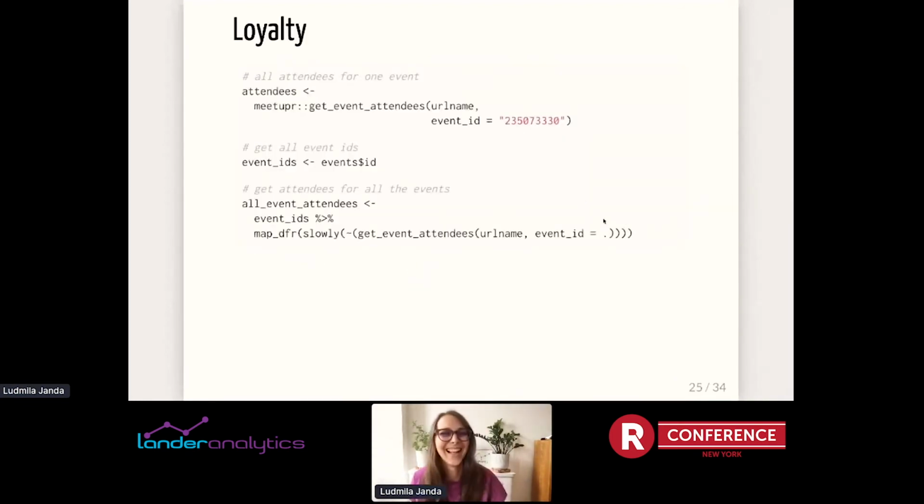Okay. So the next thing I was interested in was loyalty. I wanted to see how much people are coming to our events repeatedly. So I used this meetup function called get event attendees. And once again, it takes that URL name parameter, but it specifically takes a parameter for just one event. But I wanted the data about all of our events because I wanted to see how much people are coming